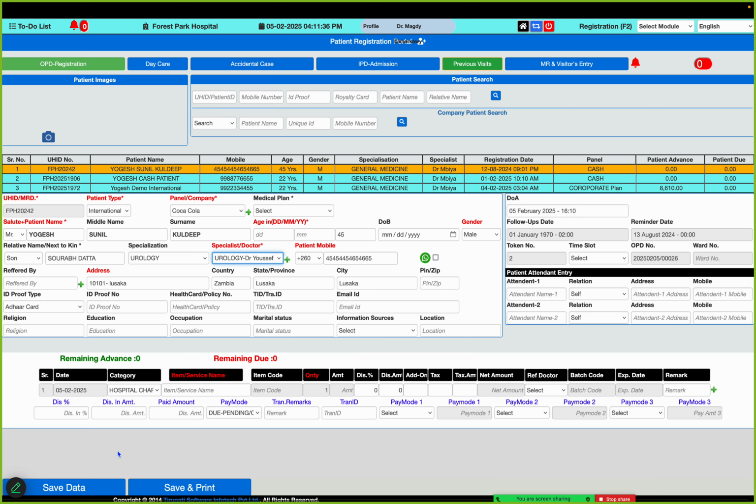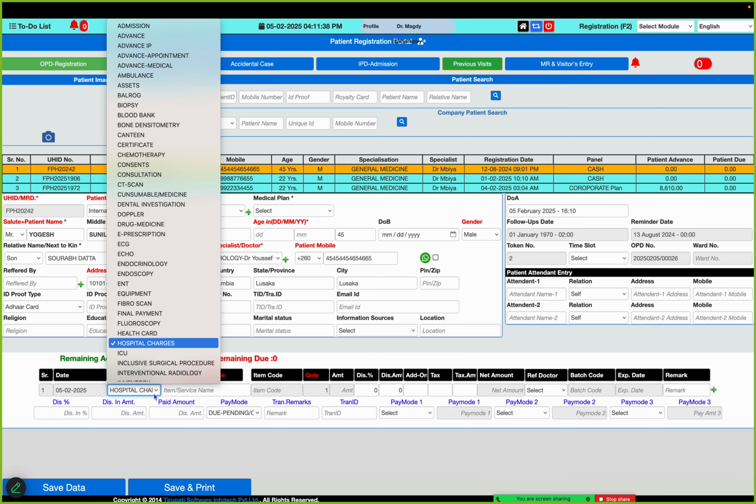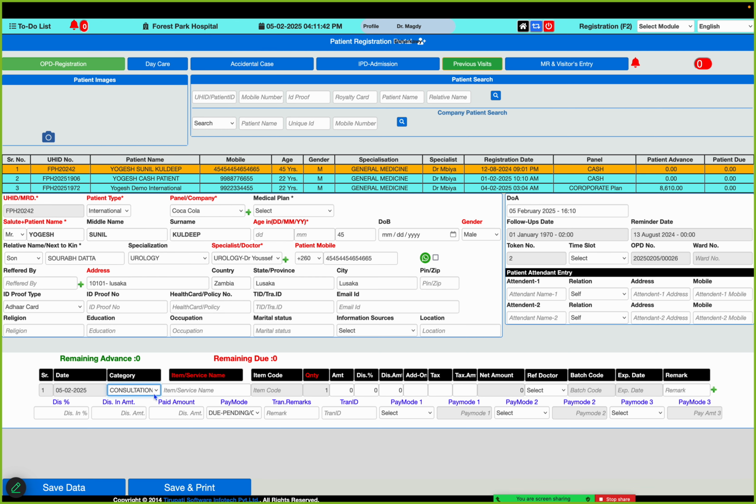So we have the fetch consultation services. One second, and I use here consultation service, and it's coming 11 and 10 as per the corporate international tariff for the urology OPD fee, right, and just we save and print. The second visit will be marked in the software, okay,